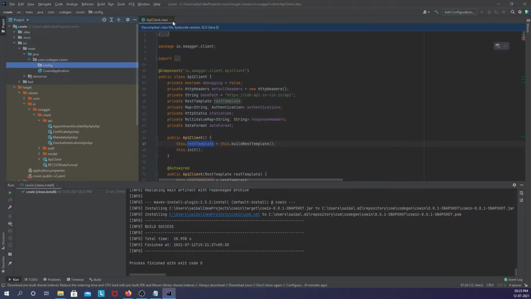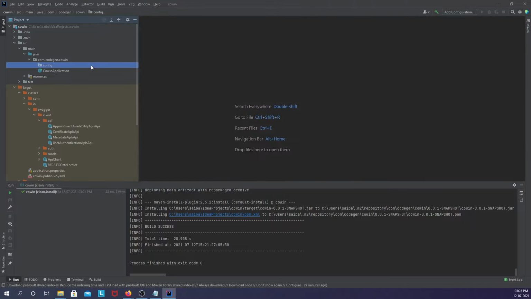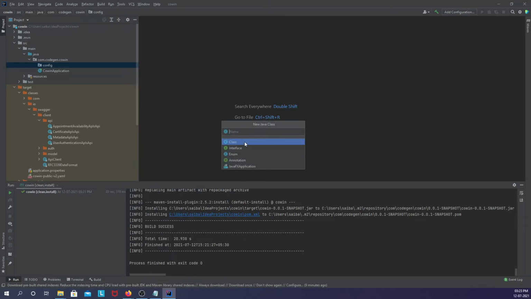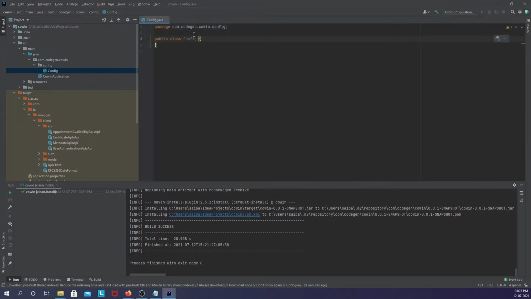So we will register these auto-generated API classes and the API client as Spring Beans. I add a new configuration class, named config, and annotate it as a configuration class. Okay, so I have added a new class and annotated it with the configuration.